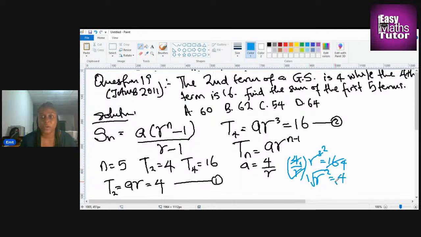Then the square root of r squared will give us r, and the square root of 4 will give us 2. So r is 2, while a will be 4 over 2, equal to 2. So a is 2 and r is 2. Substituting that into this equation,